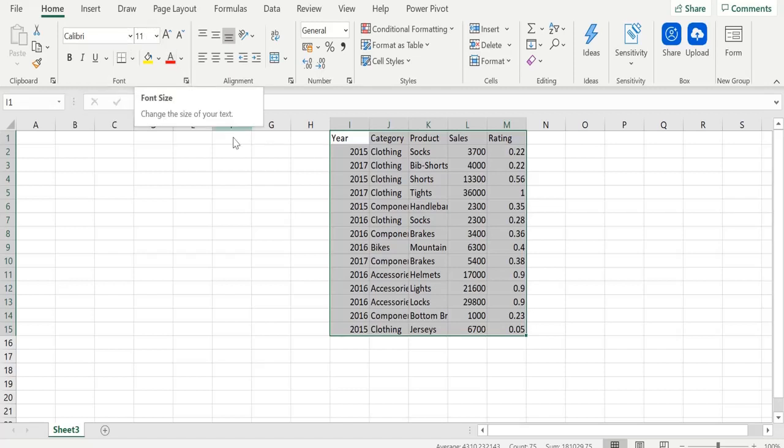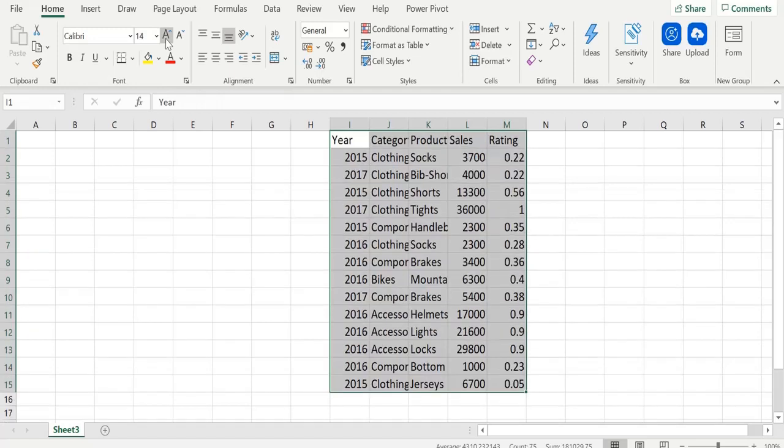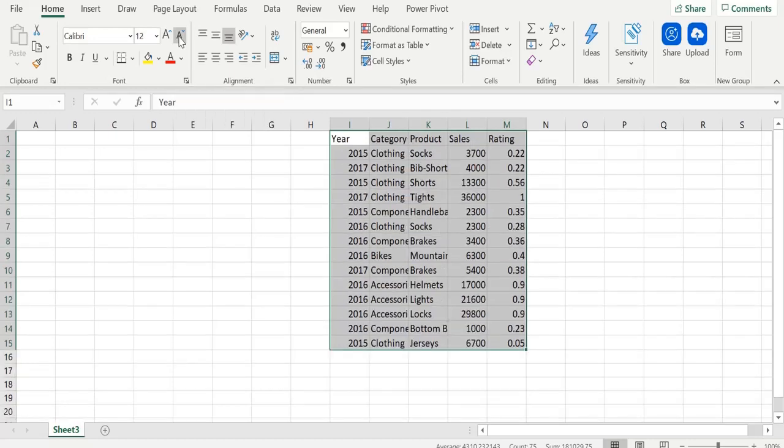So this is the way you can change the font type, and this is the way you can change the font size. Now there is another way to change the font size, from these two options. If you want to increase it in a stepwise manner, what you can do is select your data, and come to this particular option, increase font size, and you can just click it once. So it is increasing your data size. Or similarly, this other option here is decrease font size. This particular option decreases the size.